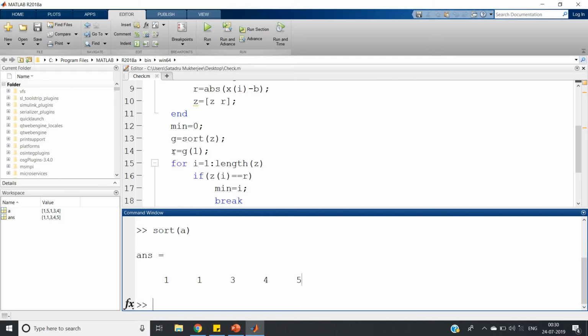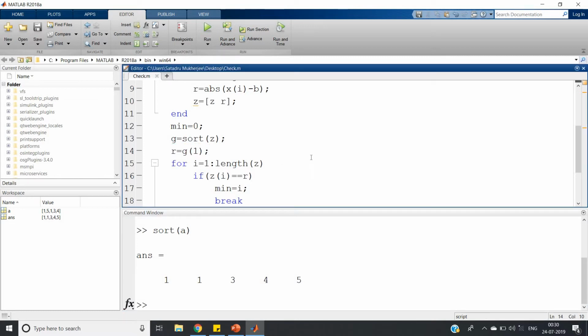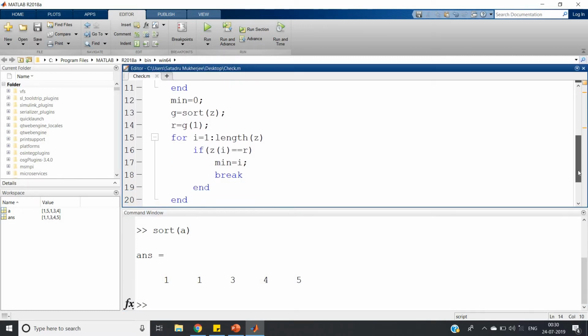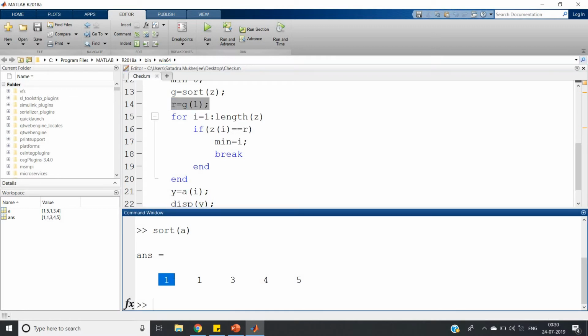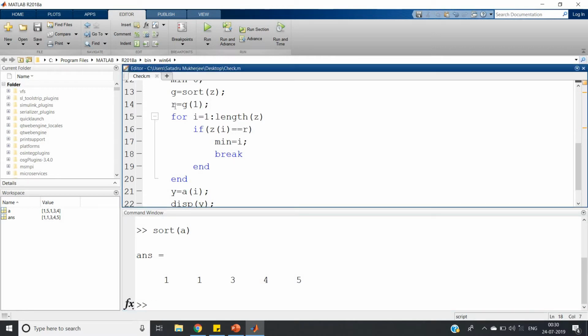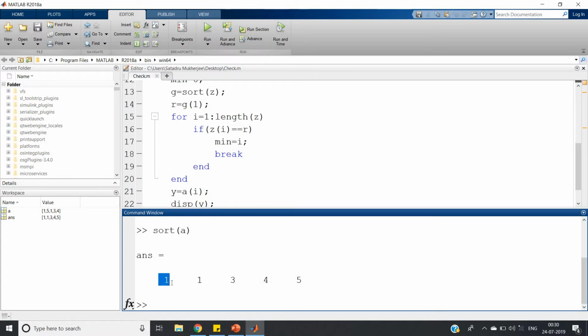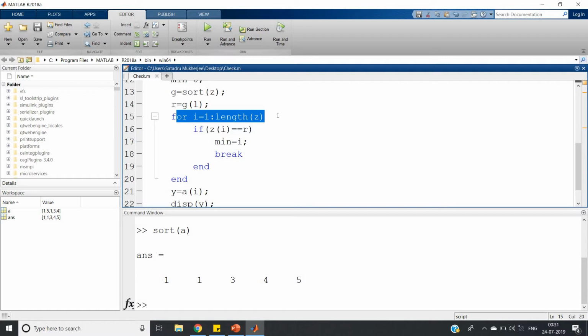So basically, to find the minimum element, I have defined g of 1, that is the first element, in one variable r. Then we are checking, because the first element is the minimum. That is our target: find the minimum gap between the array element and the second number. Obviously that will be in the front side, because we have sorted our array in ascending order. So for i equal to 1 colon length of z,